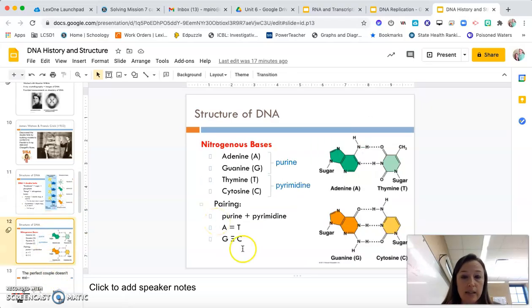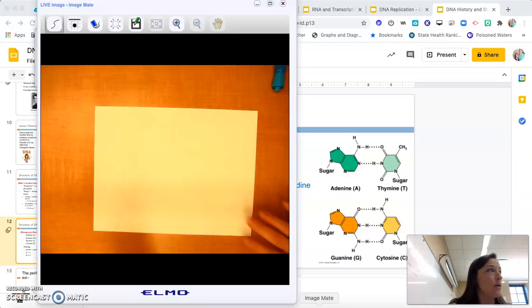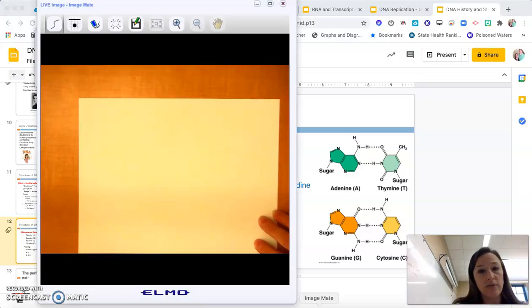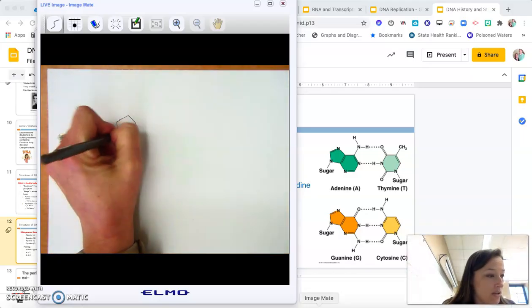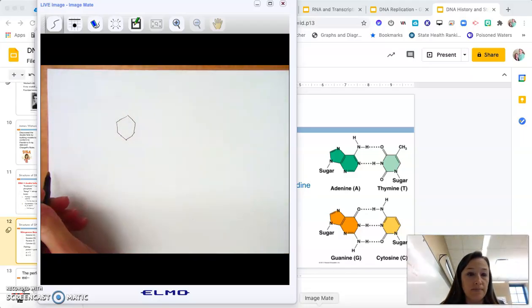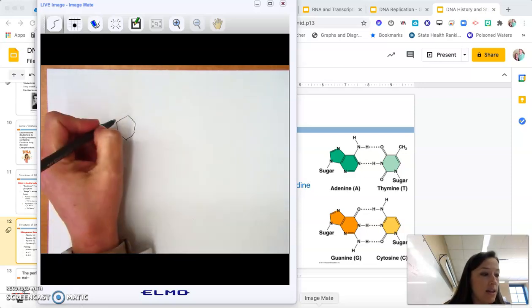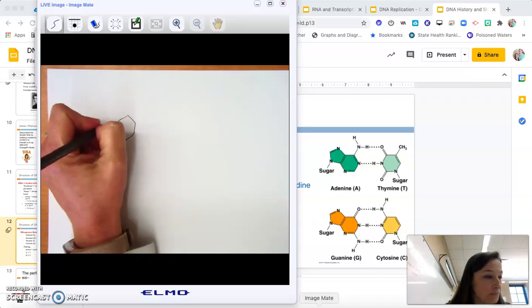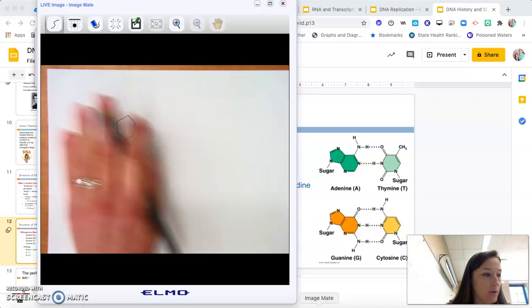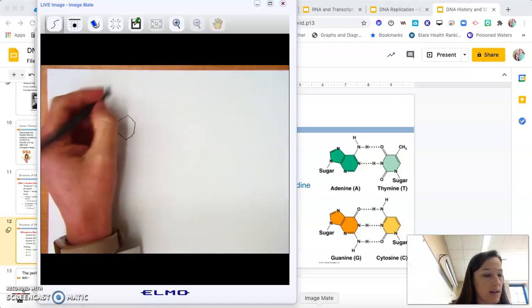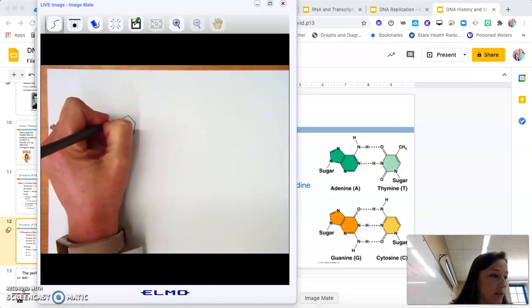And purines, let me switch to this for just a second. Y'all know my art's not great, but I'm just going to give you an idea of how I remember this, how I was told to remember this. So picture that that is a barn. Okay, the door's closed, the animals are in there sleeping, whatever. Then you come in the next morning, and this is going to open like a Lamborghini door. It's not going to open like a regular barn door would open this way. This one happens to open,